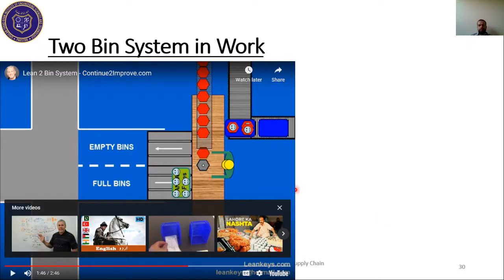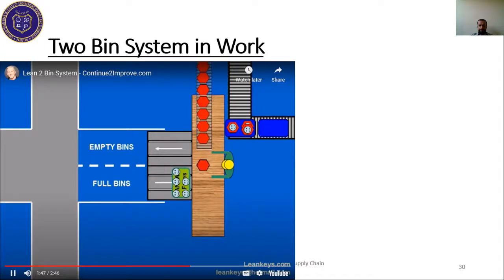Well, just quickly, conducted an inventory twice a